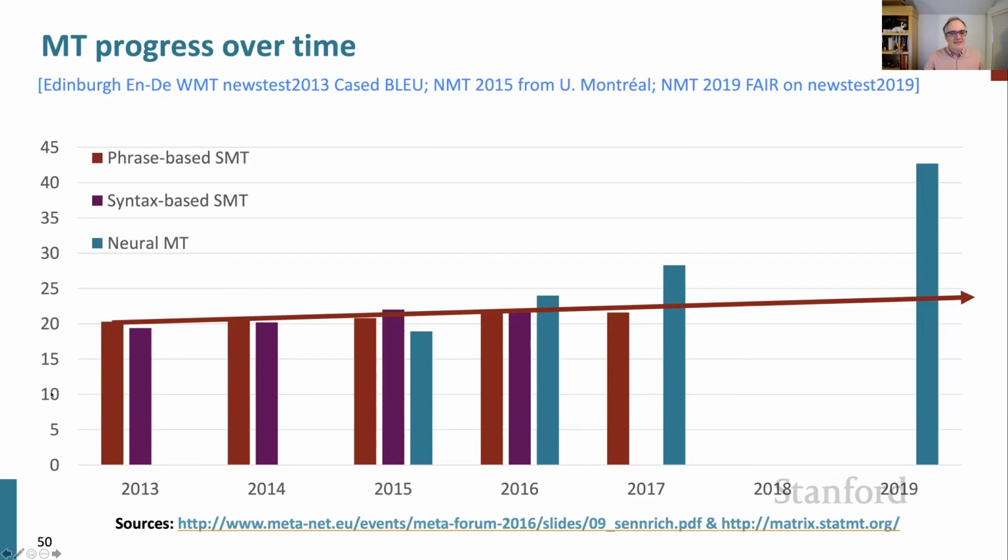In the early 2010s, the big hope that most people in the machine translation field had was, well, if we built a more complex kind of machine translation model that knows about the syntactic structure of languages, that makes use of tools like dependency parsers, we'll be able to build much better translations. And so those are the purple systems here, which I haven't described at all. But as the years went by, it was pretty obvious that it barely seemed to help. And so then in the mid